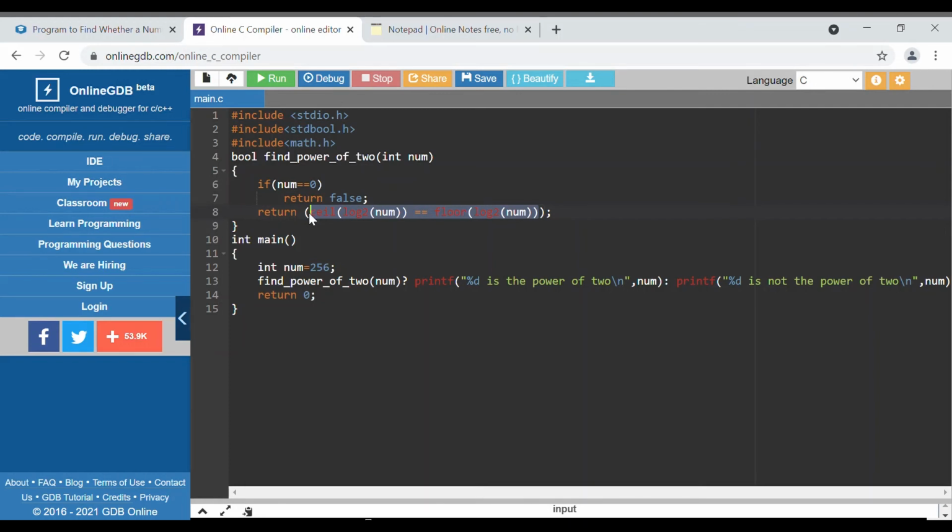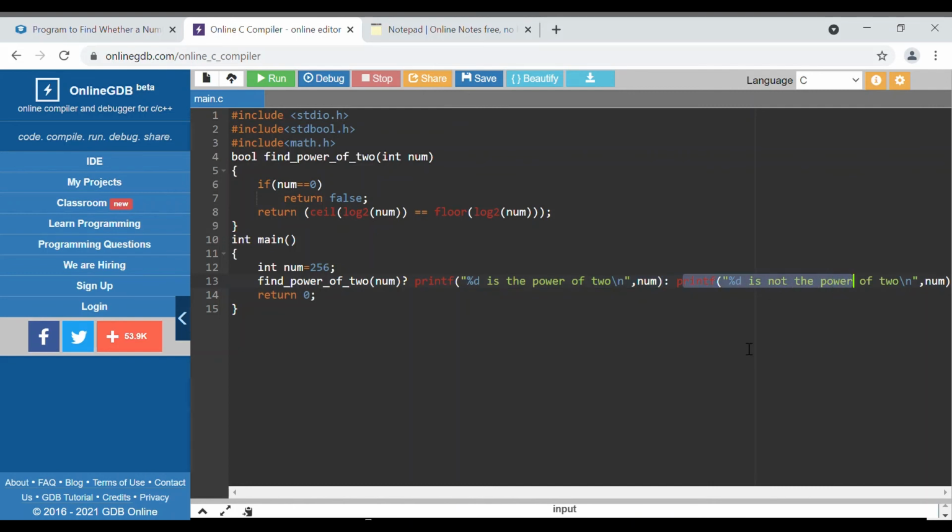This is the concept we have used to find whether a number is an integer or not. It will return true if it is a power of 2, otherwise false. Here we have used the ternary operator. If it is true, this printf will work, otherwise this printf will work.